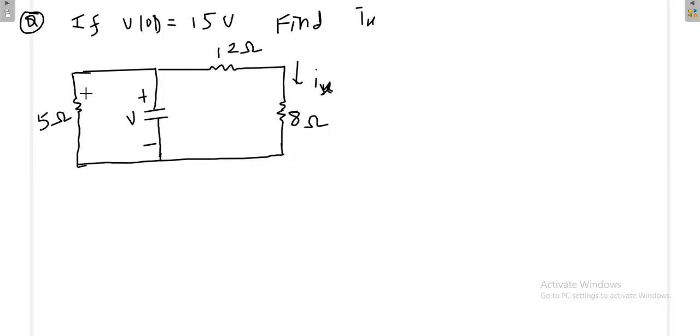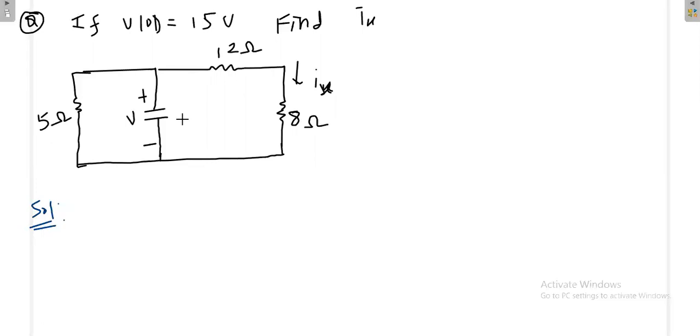First of all, finally you need the current across this 8 ohm. So for going to the solution, you need the current across this one, but the nature and shape of the current and voltage is going to be decided by the capacitor, the capacitor value C. The capacitor is going to decide the shape of the waveform, how it is going to decrease very fast or very slowly, and it is also decided by the resistance. Combinedly the resistance and capacitance together will decide how fast or how slow the response is going to decay.